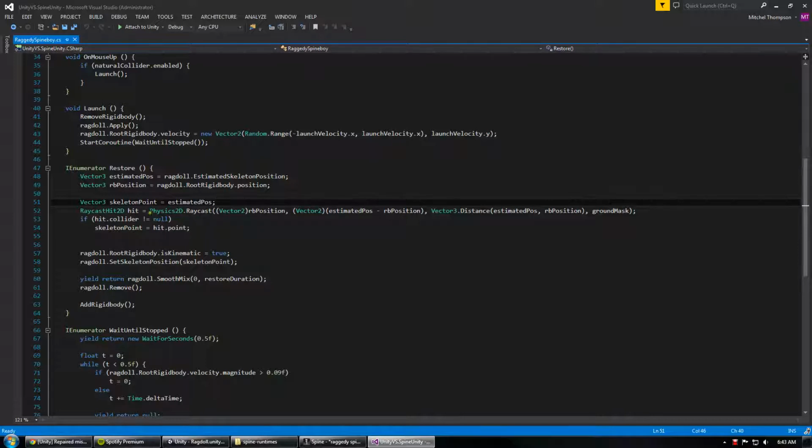Next thing I'm going to do is generate a raycast hit that starts at the rigid body position and heads in the direction of the estimated position, and travels only a distance of the difference between the estimated position and the current root rigid body position, and then only casts against the ground, so it doesn't hit other players or anything like that. And if we hit something within that space, so between those two white gizmos that we saw over here,